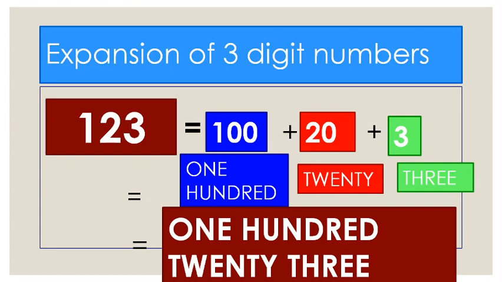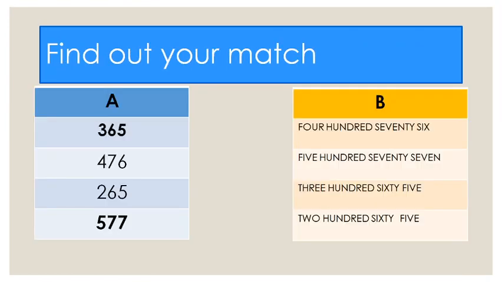We can convert the numbers into words. Like this you can do. These two columns have been given to you. In column A the numbers have been written, in column B the words have been written for the number. Let's do one. First one we have a 3-digit number. The first digit is 3, the second digit is 6, the third digit is 5. So 3 is placed in the position of hundreds, 6 is placed in the position of tens, and 5 is placed in the position of ones. So it will be 365. Just join them.